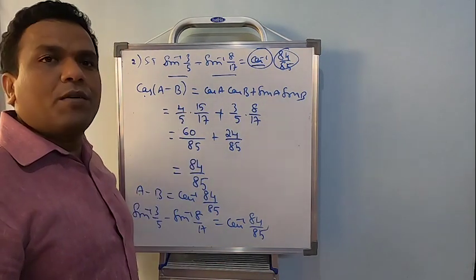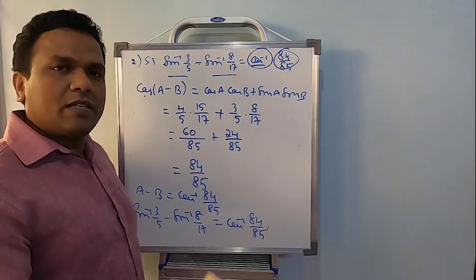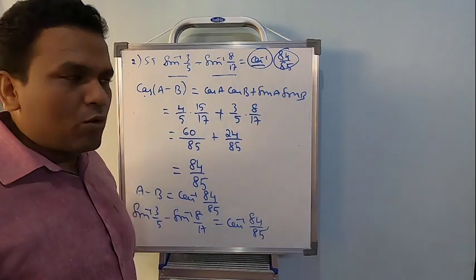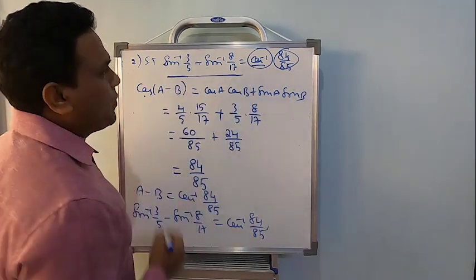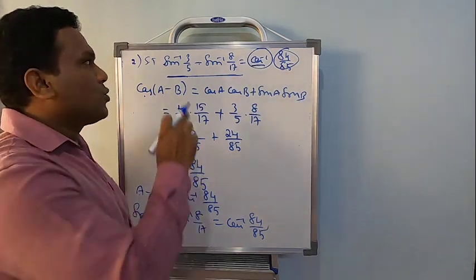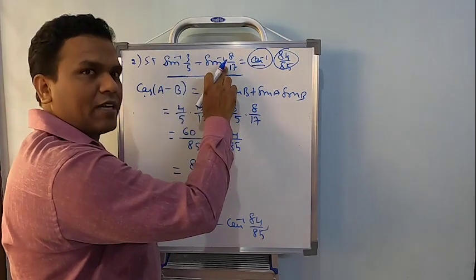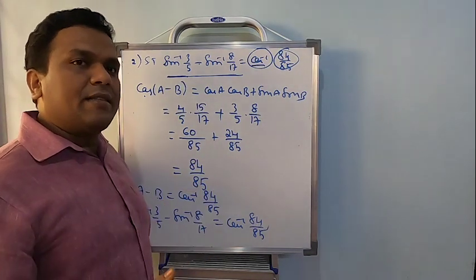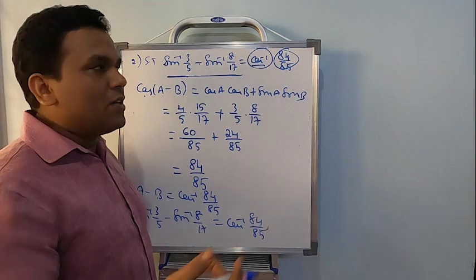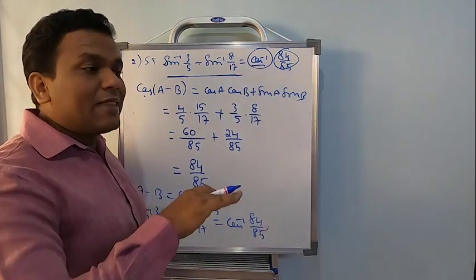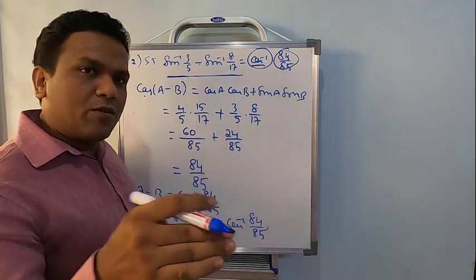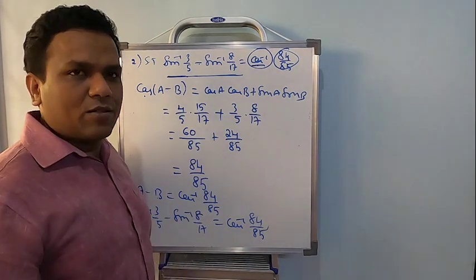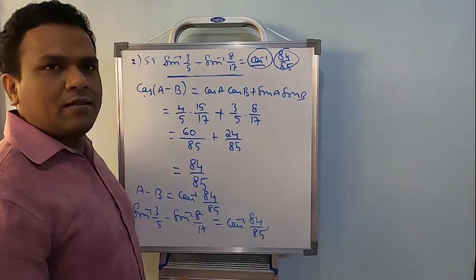We never derived any formula of sin inverse x minus sin inverse y, or cos inverse x plus cos inverse y. What we know is tan inverse x plus tan inverse y. Students, let me tell you one more method. Some students will convert both of them in terms of tan inverse. So this also in terms of tan inverse, this also in terms of tan inverse. Then they will apply the formula of tan inverse x minus tan inverse y. Whatever result they get will be in terms of tan inverse. But my required answer will be in terms of cos inverse. That tan inverse will be converted to cos inverse by completing the triangle. That process can also be applied. It will take more time, that's all. So if you are good enough at recognizing, this is an easier one.